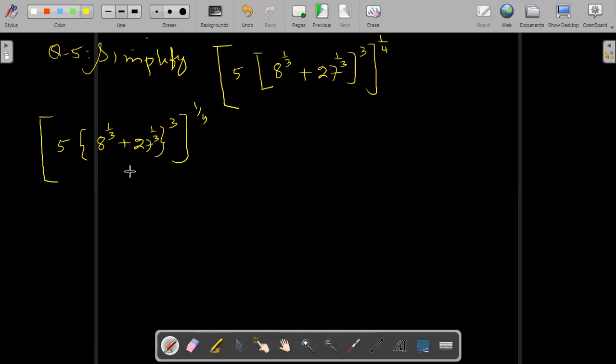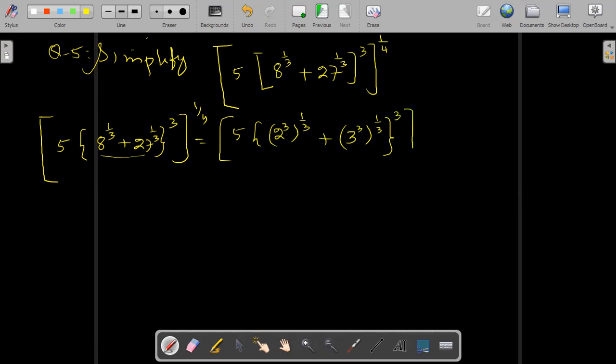So we can start from the inner part. Start simplifying from the inside part. So 8 can be written as 2 to the 4 to the 8, that is 2 raised to power 3, raised to power 1 by 3. Similarly, 3 is a 9, 3 is a 27, that is 3 raised to power 3 raised to power 1 by 3, and this is also having whole power 3.